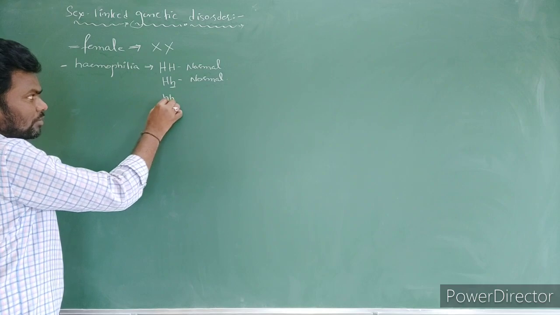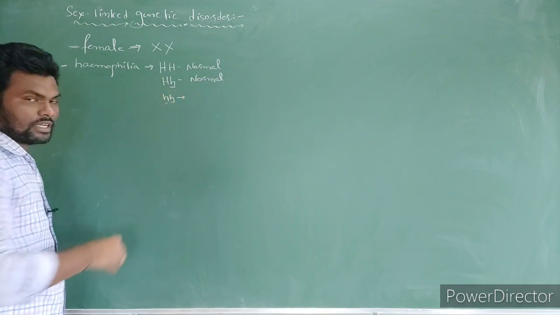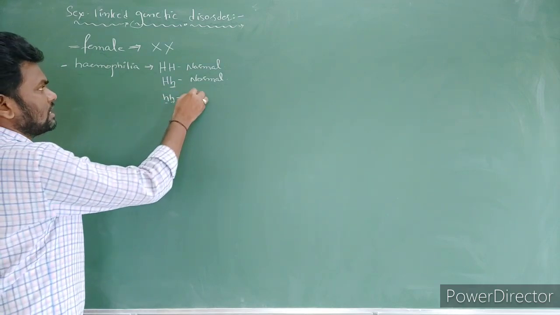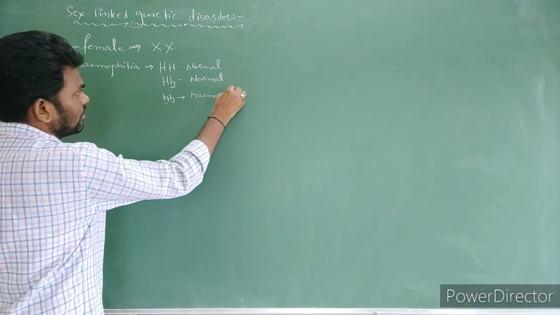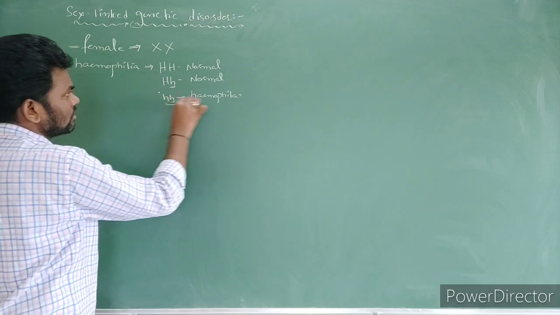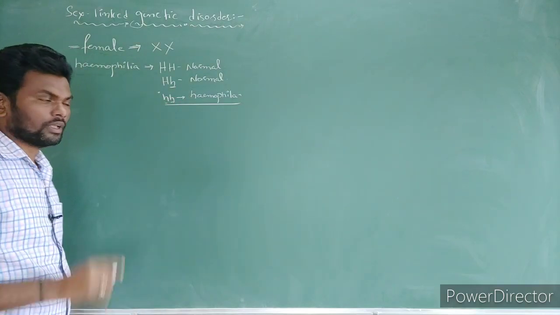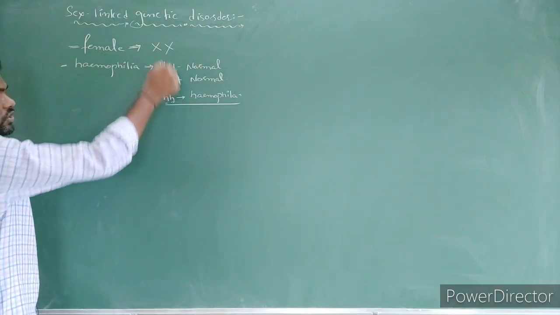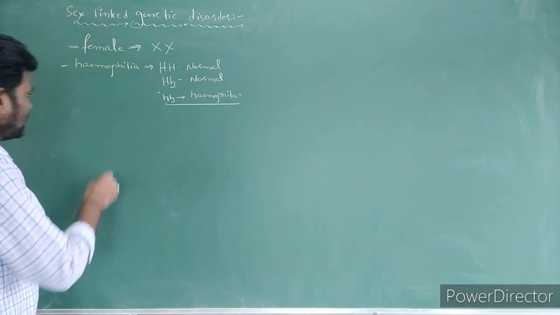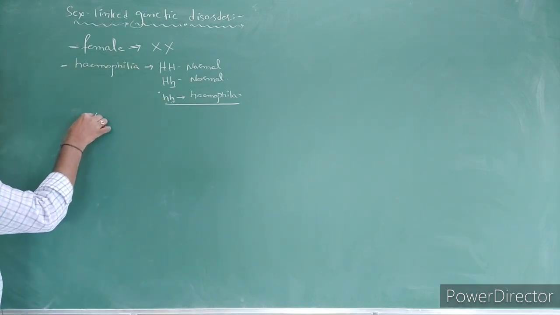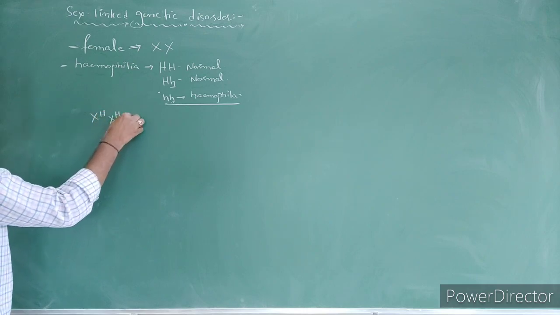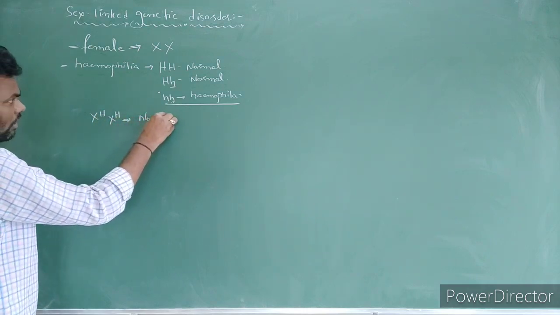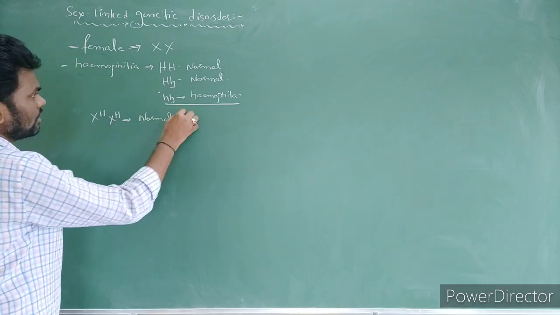Now when these two genes are mutated and homozygous in condition, it is going to express its character, it is going to lead to hemophilia. Right? Got the point? So we just have to represent this H on the X chromosome. Let's say here X H X H, this is a normal female,